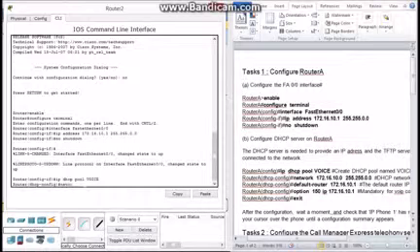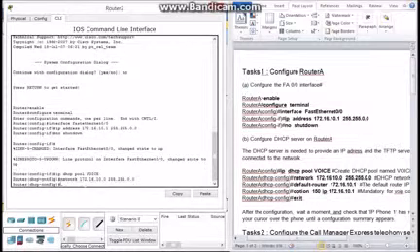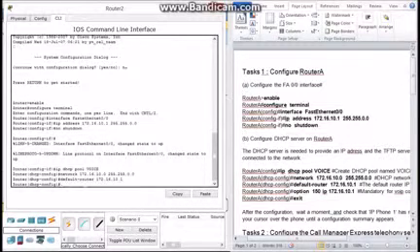Next, network 172.16.10.0 255.255.0.0. Default router 172.16.10.1